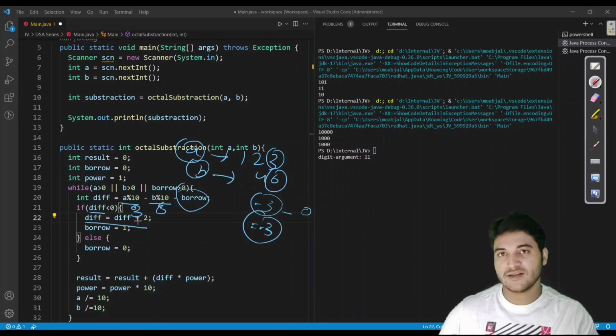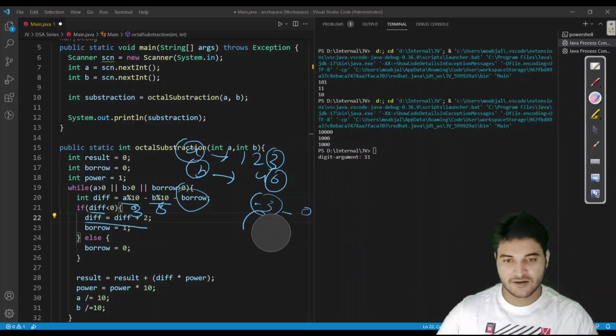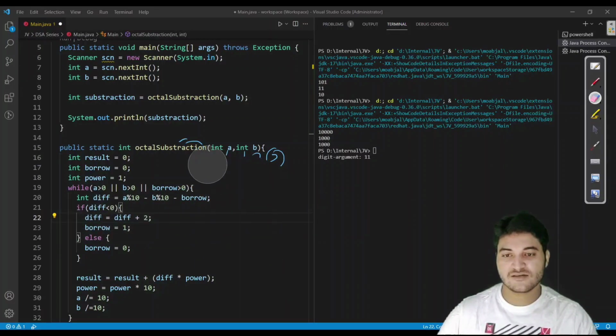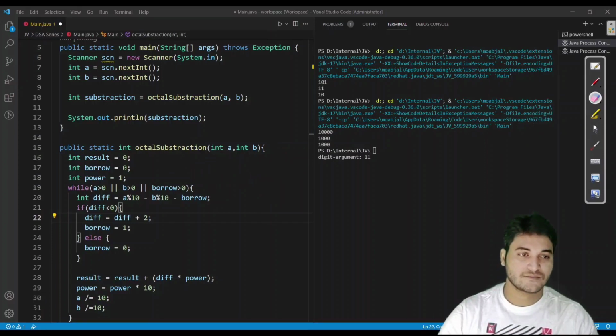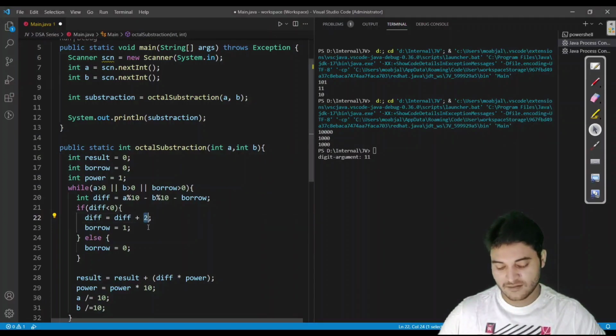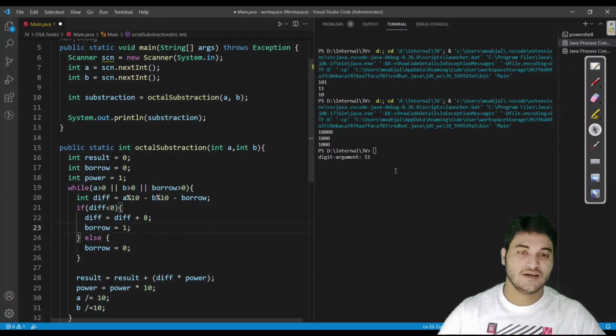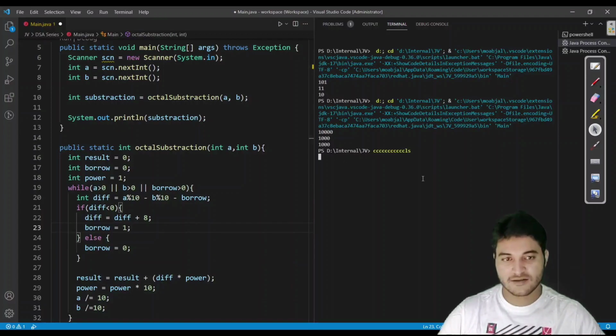So this is the code for binary, that's why we were adding 2, but now we are in the octal, we just have to add 8 here. So that is the only difference with the code, and we are done. Rest of the logic is going to be very similar. Yeah, it is going to be exactly similar. Let us give it directly a run.